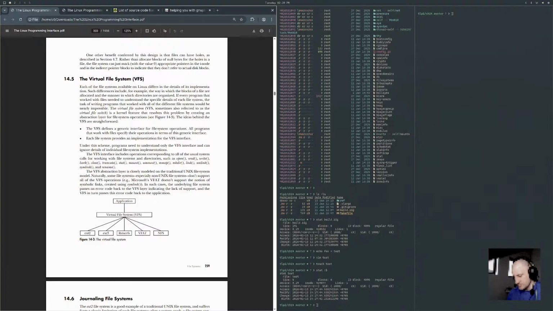Naturally, some file systems, especially non-Unix file systems, don't support all of VFS operations. E.g., Microsoft's VFAT doesn't support the notion of symbolic links created using symlink. In such cases, the underlying file system passes an error code back to the VFS layer indicating the lack of support, and the VFS in turn passes the error code back to the application.